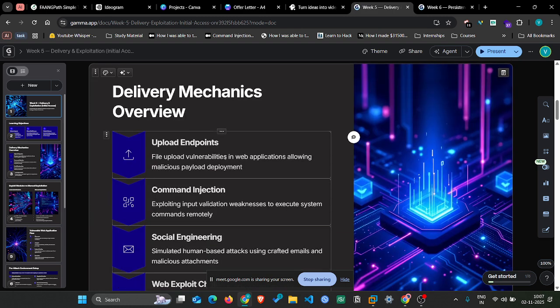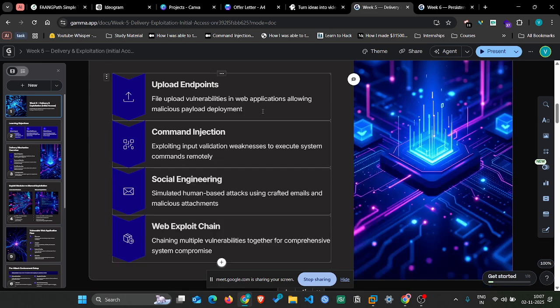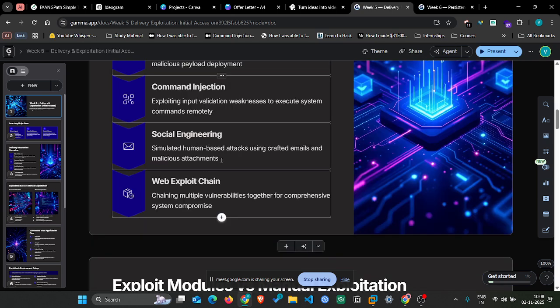So this is the workflow. This is the delivery mechanism. First we will upload the payload, then we will do the command injection or social engineering or web exploitation chain. So we will just upload the shell, upload the payload, and we'll get the shell. Okay. So